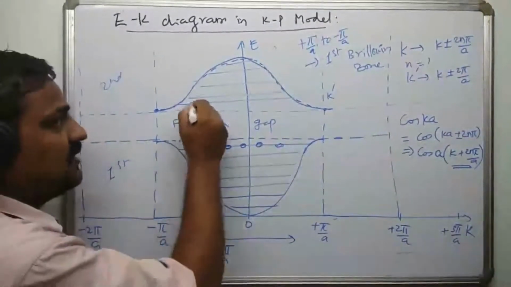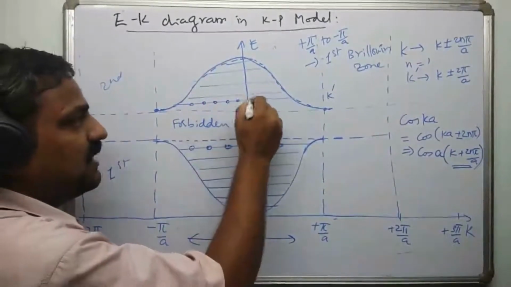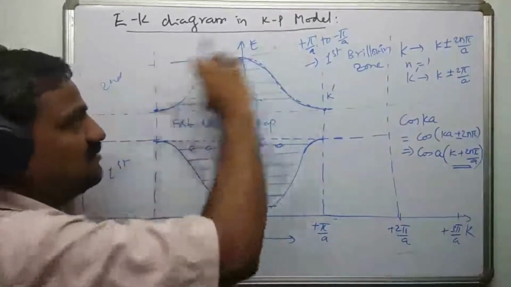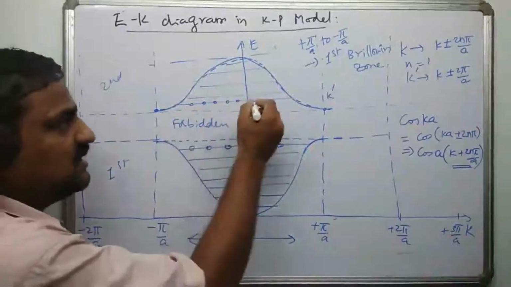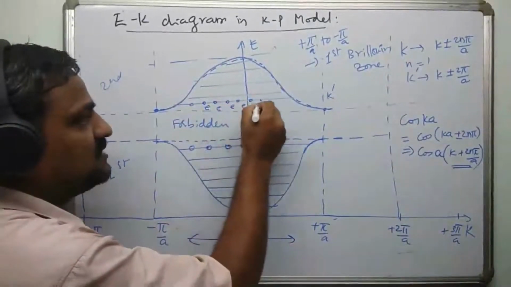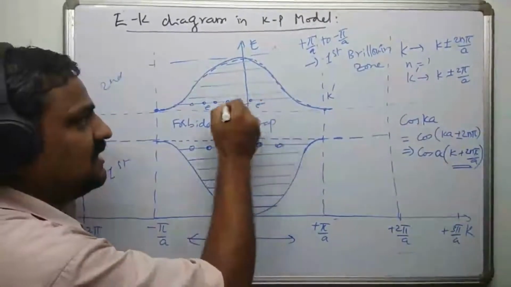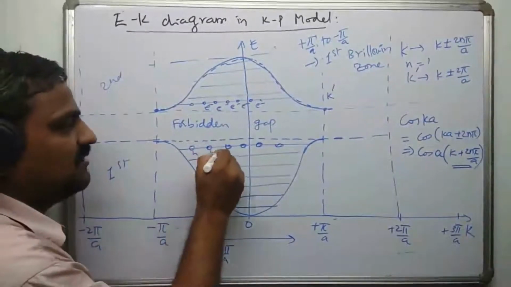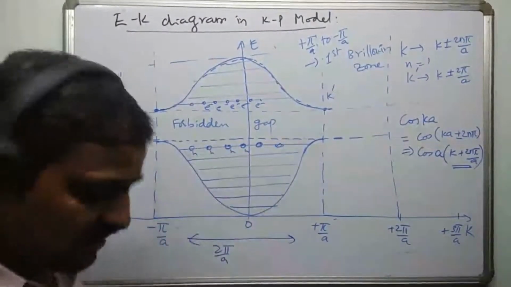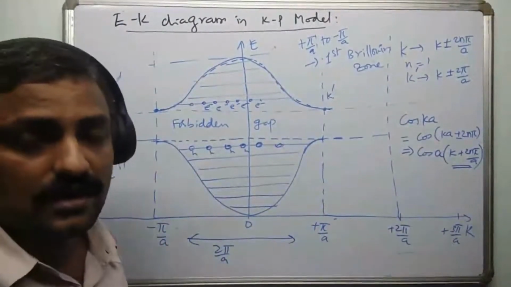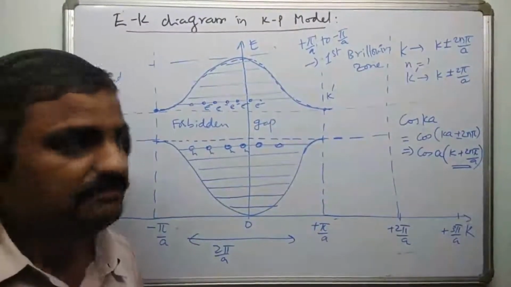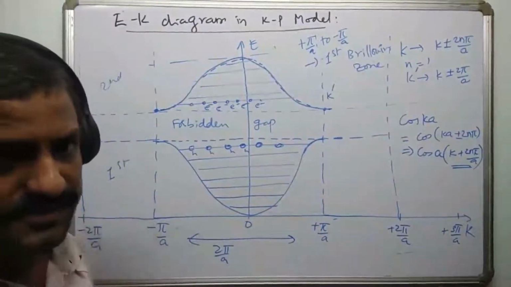And similarly, the bottom of any band, if you imagine this as another band, this is the bottom. So here all the bottom ones will behave just like normal electrons. So these are electrons, whereas these are behaving just like holes. This concept will be clear once I talk about the effective mass of the electron. I'm going to erase this. Please pause.